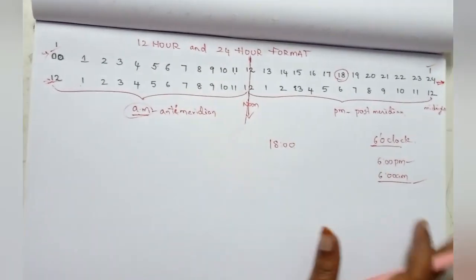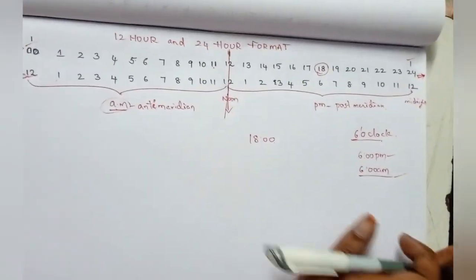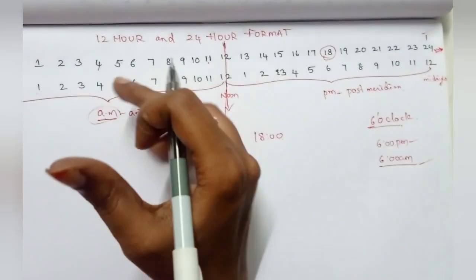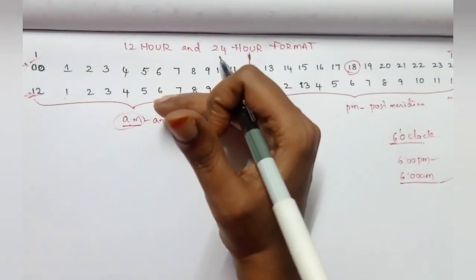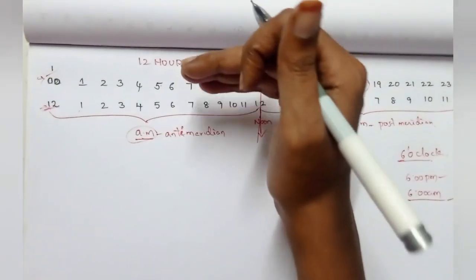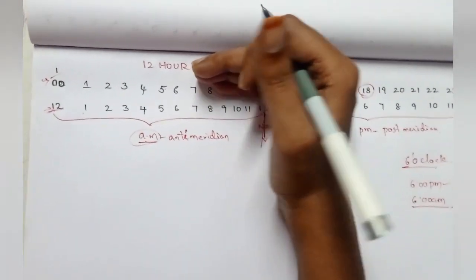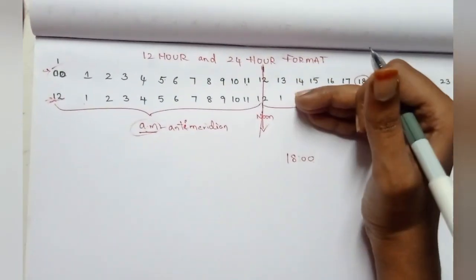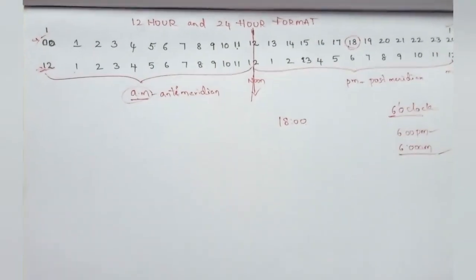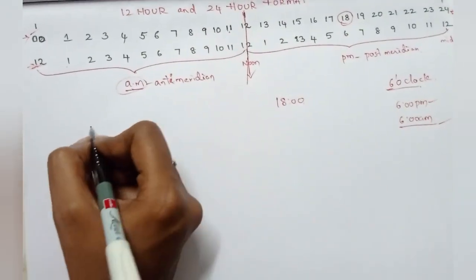So here, let's come to the point. What type of questions will we get? We have to convert: if the time is given in 12 hours, we have to convert it into 24 hours. If the time is given in 24 hours, we convert it into 12 hours. How is it done? So here for example, the question is